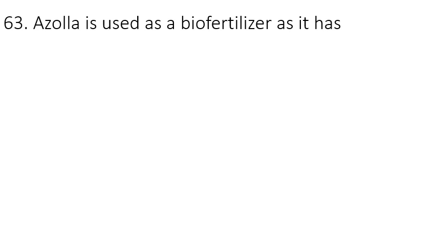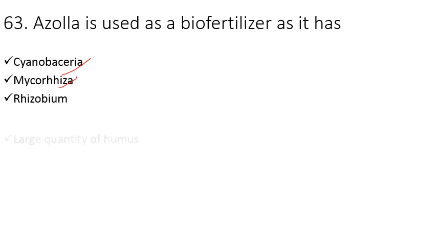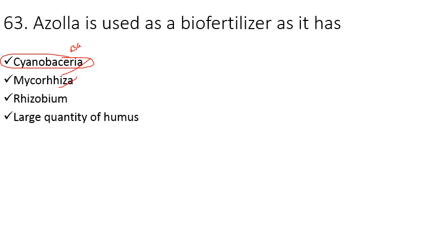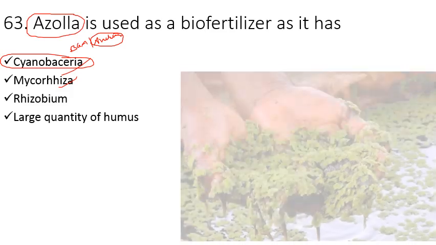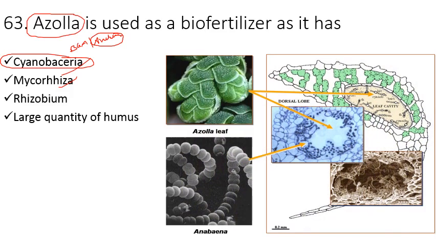Next question is, azolla is used as biofertilizer as it has. Our options are cyanobacteria, mycorrhiza, rhizobium, or large quantity of humus. So the right answer is cyanobacteria. It contains BGA named Anabaena. So this Anabaena helps in nitrogen fixation. As we know that azolla is the smallest pteridophyte, it is also known as water fern. So the leaves of azolla are inhabited by this blue-green algae, that is Anabaena or cyanobacteria, and makes it an effective biofertilizer. So the leaves are inhabited by these Anabaena, that is blue-green algae, and it contains one enzyme that